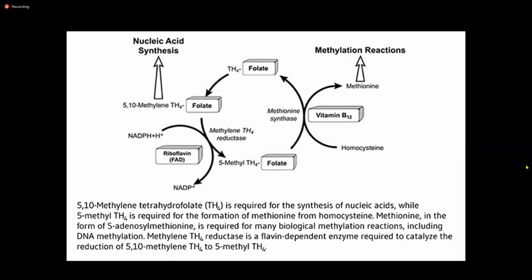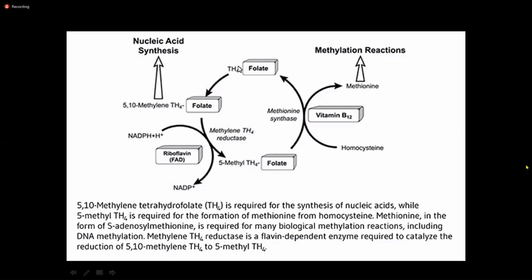Okay, now see the broad picture. This picture will give you complete information about the role of folic acid and the role of vitamin B12 in many reactions, including DNA synthesis and the methylation reactions for DNA, RNA, and protein. Okay, where shall I start from? This tetrahydrofolate, which is the active form of folic acid, is generated from folate with the help of folate reductase. Already you studied that yesterday.